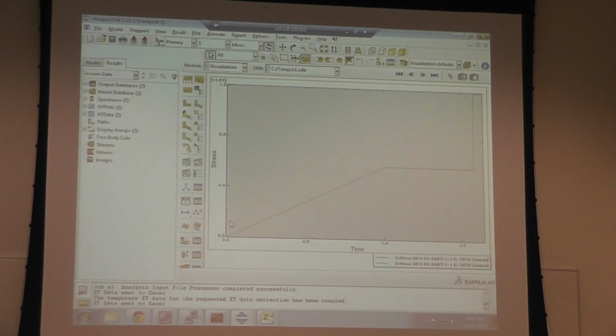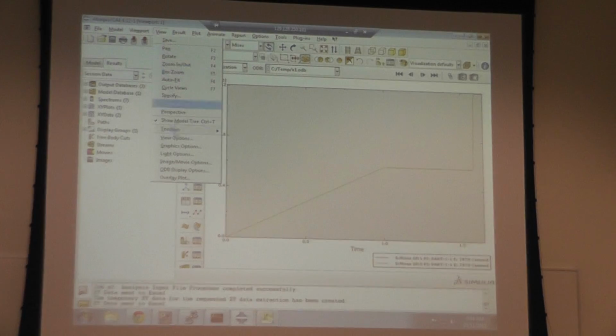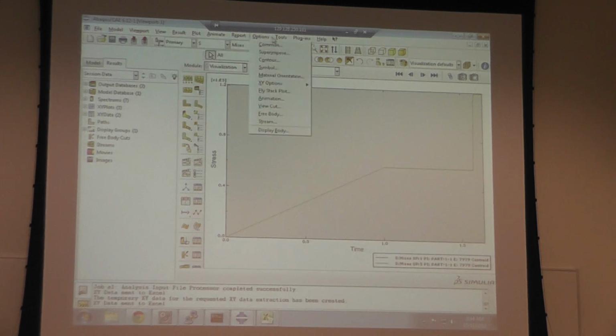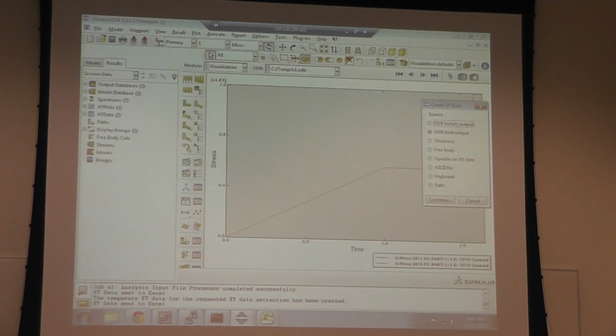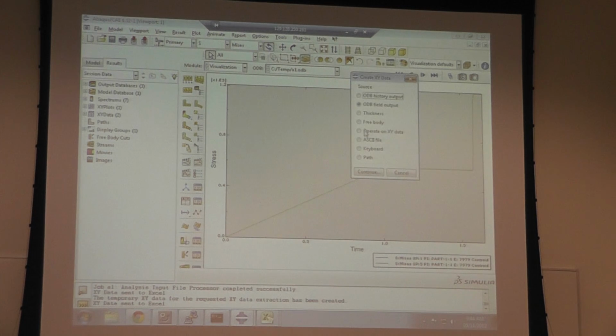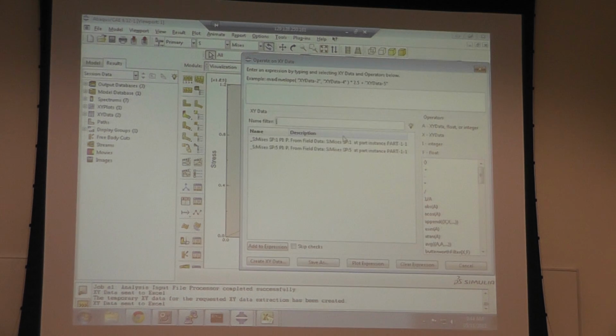Now another thing that Fatima showed me too is that you can operate on XY data. So for example, you want to sum the reactions. You can sum the reactions. That's Jalal showed me that. But let's say you just want to combine. You just want to plot some. You have a lot of functions that you can use, but one of them, which is very good, I guess, is the combine